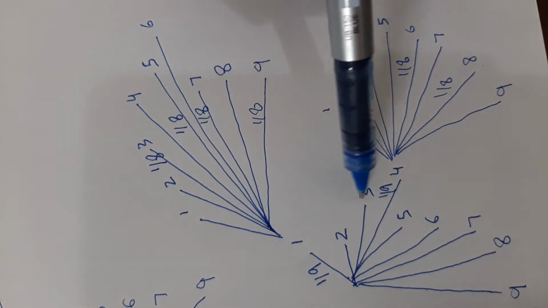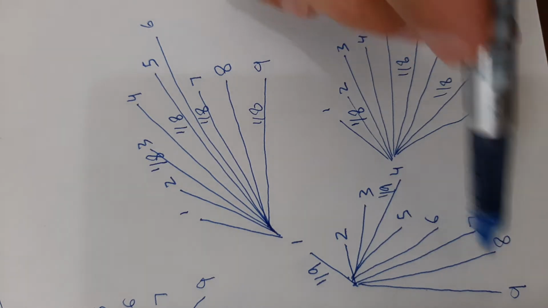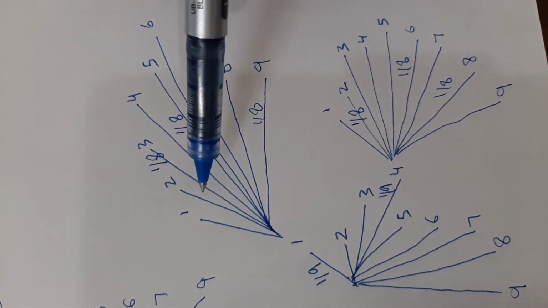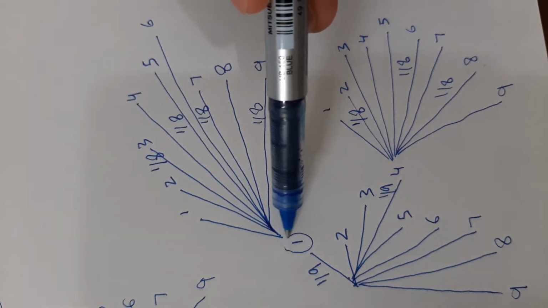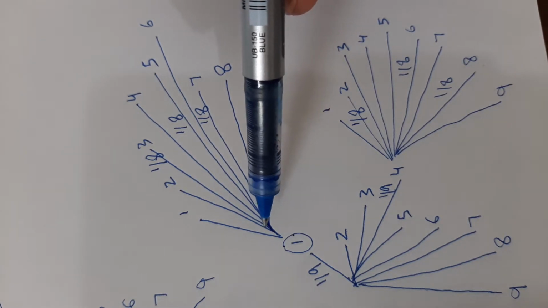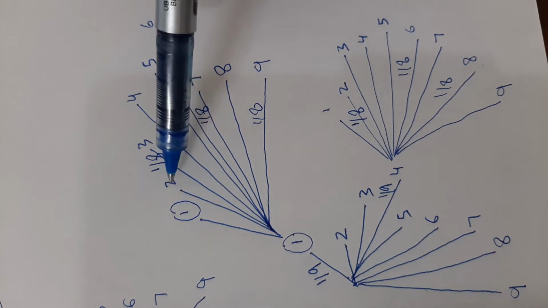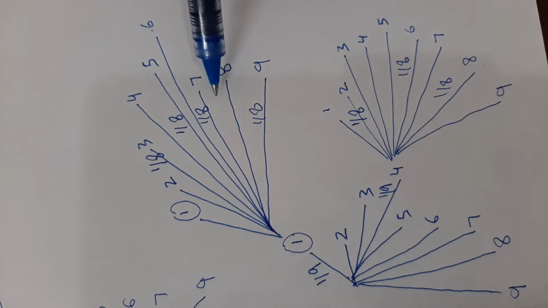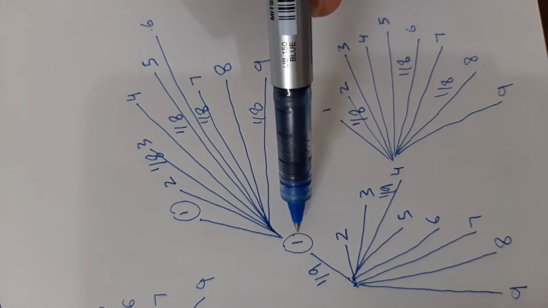Now these are the possible outcomes for the first draw: 1 2 3 4 5 6 7 8 9. This is the first draw from the bag. Now when you make the second draw after drawing the first ball, suppose the first ball is 1, because we are replacing the ball back in the bag, the second ball may be 1 or it may be 2, maybe 3 4 5 6 7 8 9. These are the cases with the condition that the first ball has the number 1.